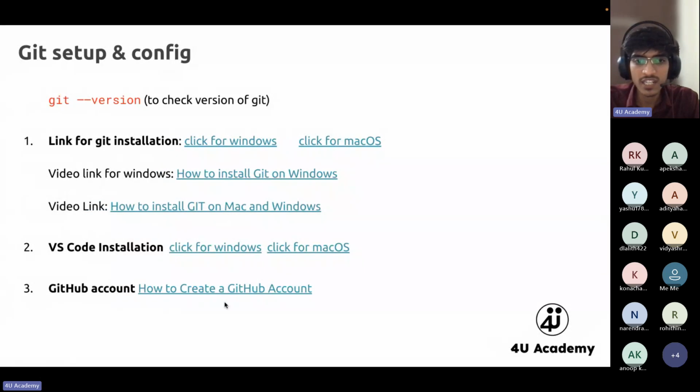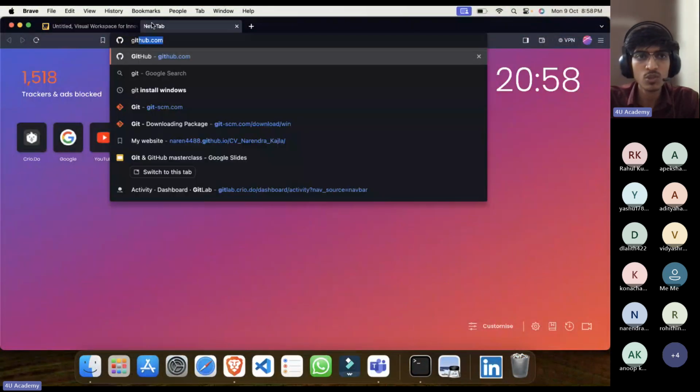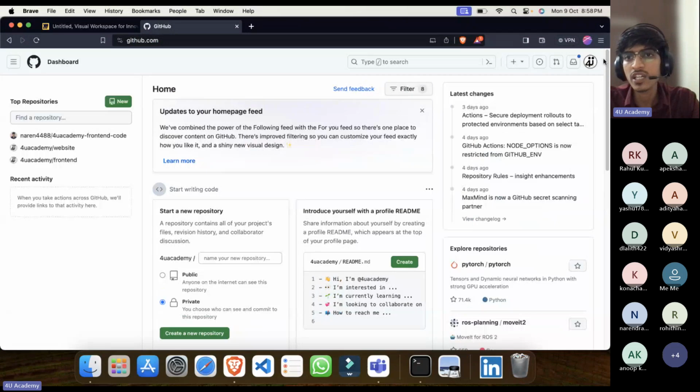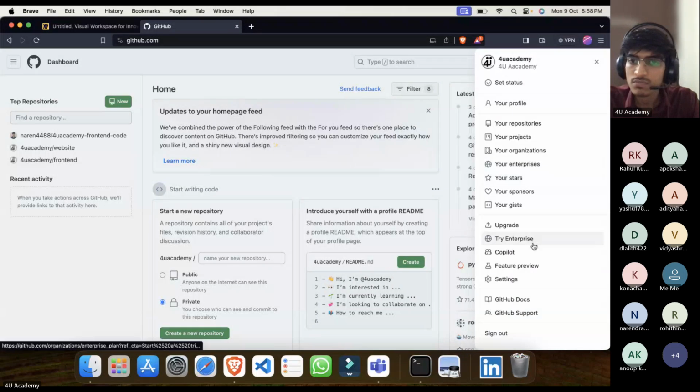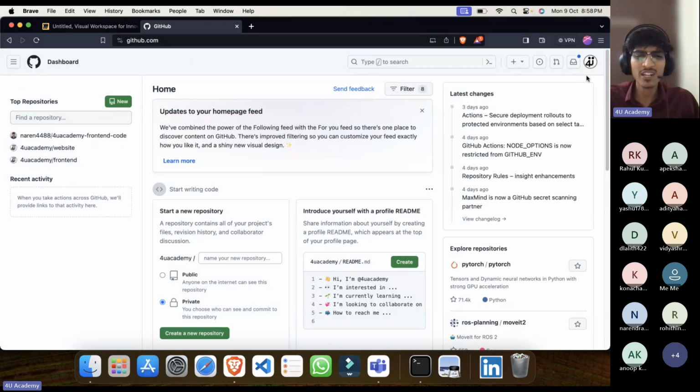VS Code we already have, and a GitHub account. So what is this GitHub account? Let me go to that also. You just need to go to github.com, and if you are using it the first time, you will see sign in or sign up. Let us not waste too much time. It is just like creating your Insta account, a very common thing. Just use your email ID and OTP verification and all. You will see this interface, but it seems very tricky, like what is going on. We'll understand all these things step by step. Don't worry.